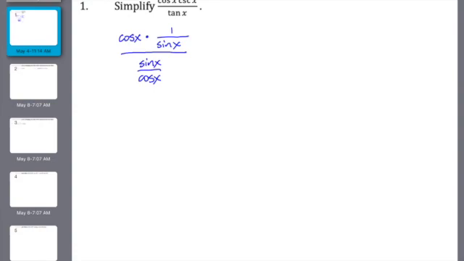All right, so now we can combine the numerator into a single fraction. Cosine x times 1 is cosine x over sine x, and then that is also over sine x times cosine x. Now we can do keep switch flip. You can only do keep switch flip if there's a single fraction in the numerator and a single fraction in the denominator. So keep the top as cosine x over sine x, and then flip the bottom and make it cosine x